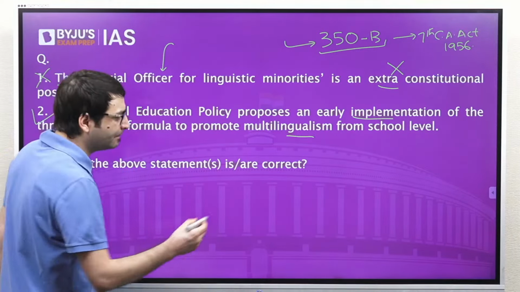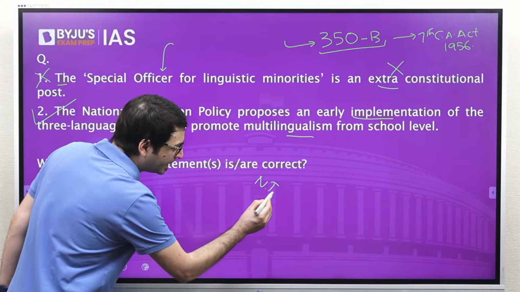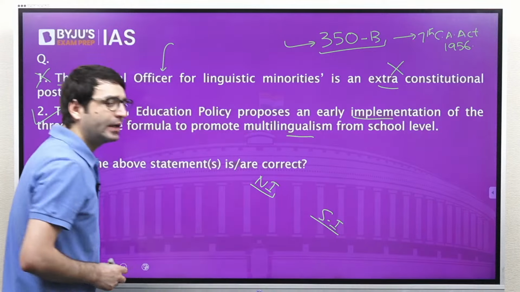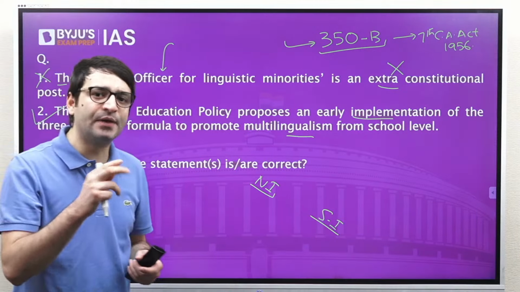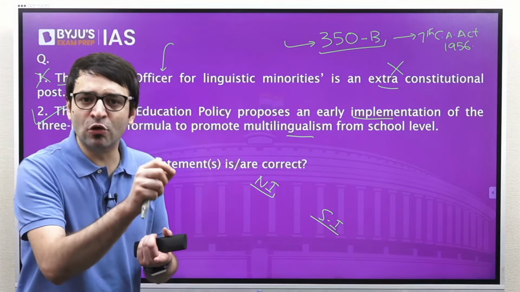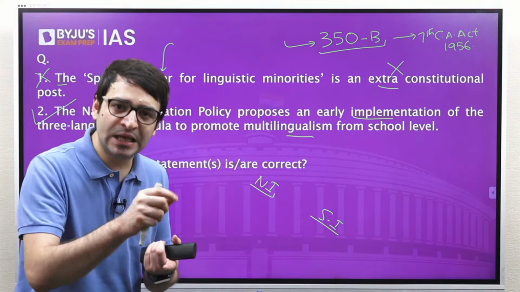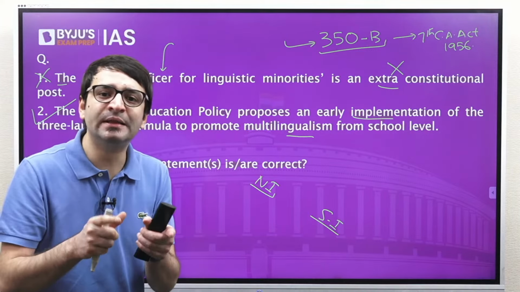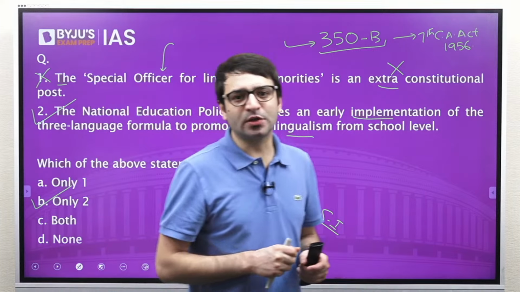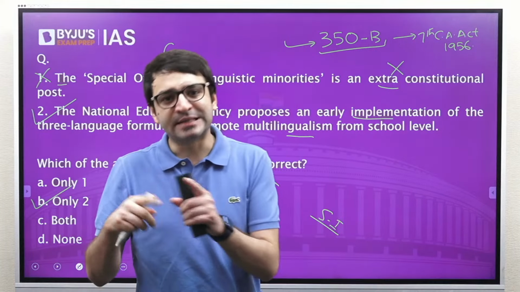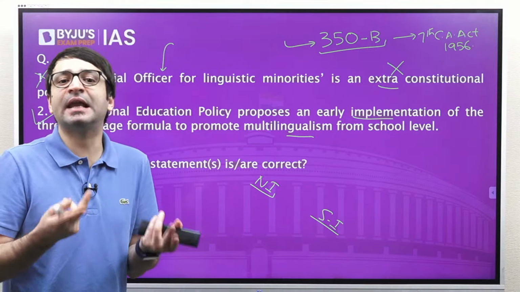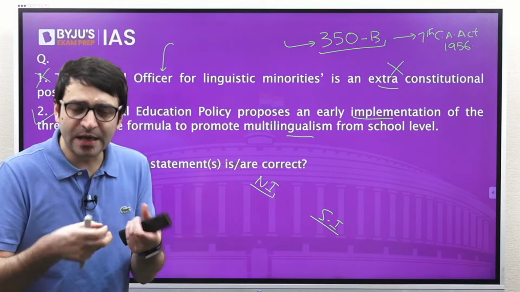According to this formula, if you are in South India, 3 languages will be taught to the students at the school level. One will be the local language, the other will be English, and the third one would be Hindi. And in North India, 3 languages will be taught to the students. One is Hindi, the other is English, and then the third can be any Indian language, preferably a South Indian